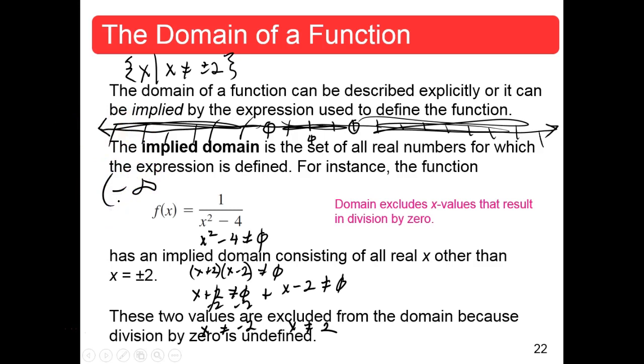So open parentheses, negative infinity, comma, go up to, but not including negative 2. Now, how do you indicate it does not include negative 2? You put a parentheses. If it did include negative 2, that would be a bracket. Bracket means you include the number here. Parentheses means you do not. Infinity is not a number, so it's always preceded by a parentheses. That just means it keeps going negative. Okay? Now we union that with,